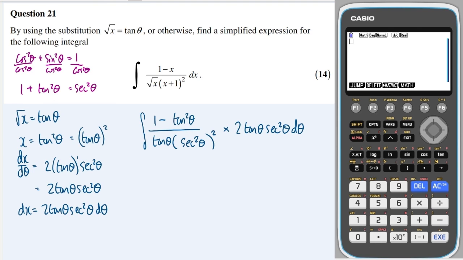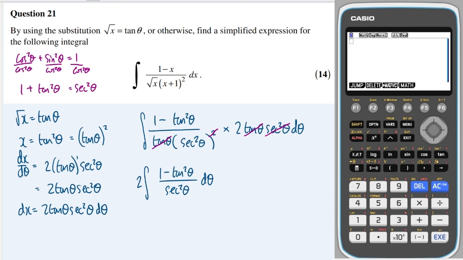Okay, so I can rewrite that in here as sec squared, and then I can do some cancelling. I've got tan theta on the bottom times by tan here, and I've got a sec squared squared on the bottom, and I've got a sec squared there, so I can cancel one of those, which will cancel the squared there, and that too is just a constant, so that can go outside of my integral sign. So I have 1 minus tan squared theta over sec squared theta d theta,